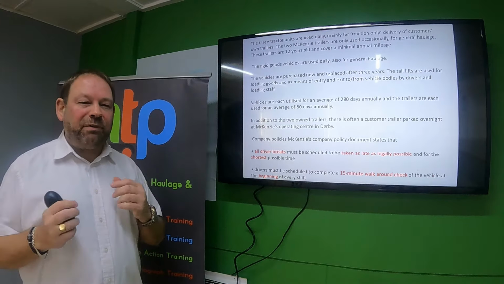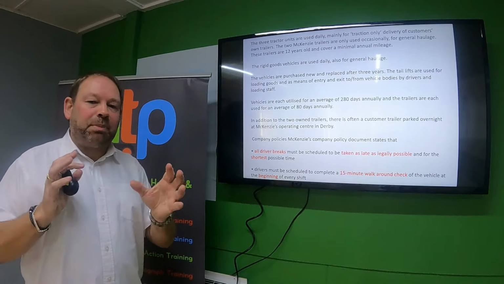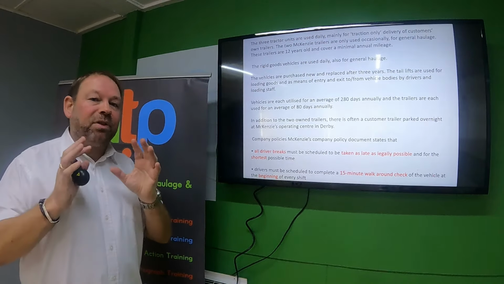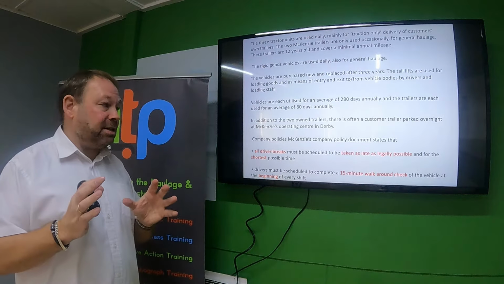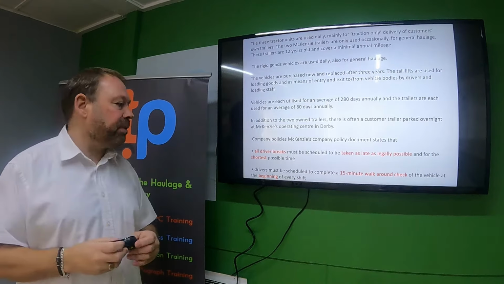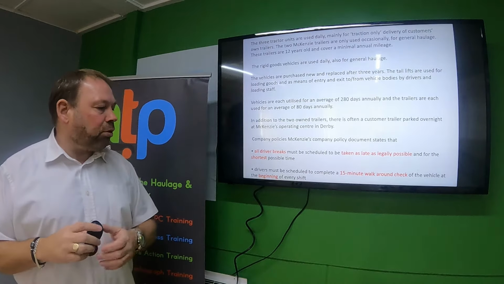It may well be that if we've got a choice of how we can display our breaks, we have to look and see: are we complying with this statement, that they're taken as late as legally possible and for the shortest possible time? And all drivers must be